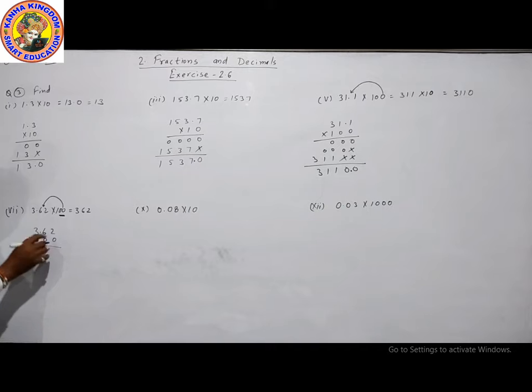3.62 into 100 multiply. First, 0 will multiply 0 0 0. Second, 0 will multiply 0 0 0. Now third one, 1 multiply 2 6 3. By adding these 0 0 2 6 3. Now use the decimal point, 1 and 2, after 2 digits. The answer is 362.00. In the decimal part we have 00, we can remove these. So the answer is 362.